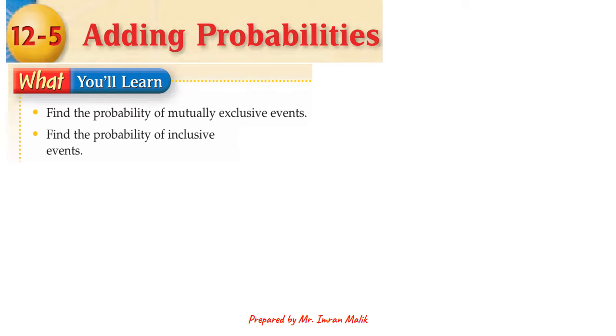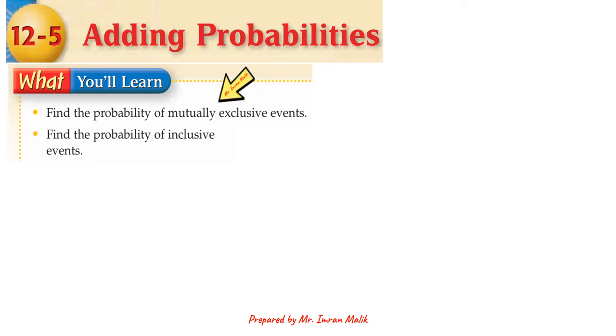In this lesson, we would like to explain about adding probabilities. The first objective of the lesson is to find the probability of mutually exclusive events. And the second objective of the lesson is to find the probability of inclusive events. In today's lesson, we will only be explaining the first objective of the lesson, which says find the probability of